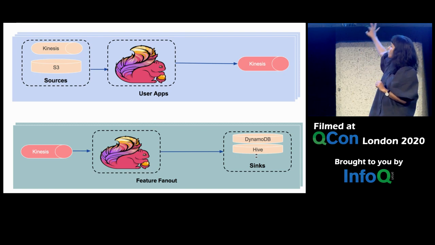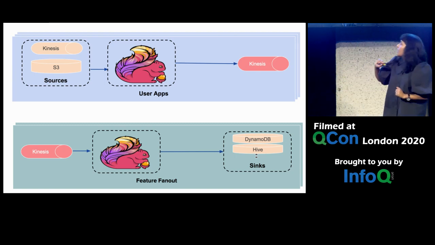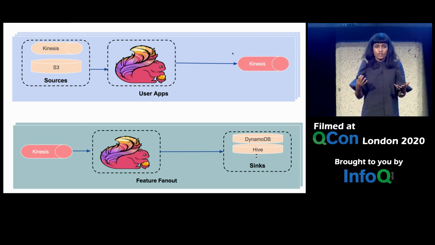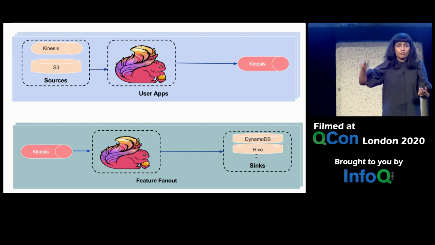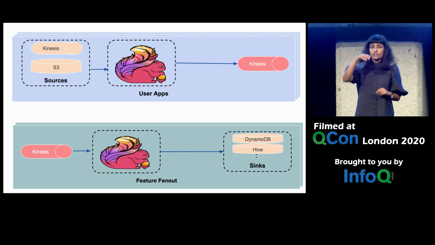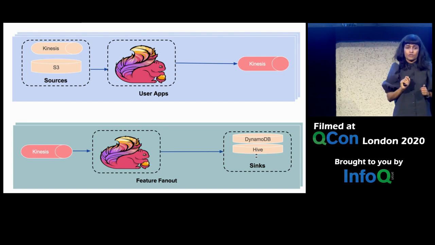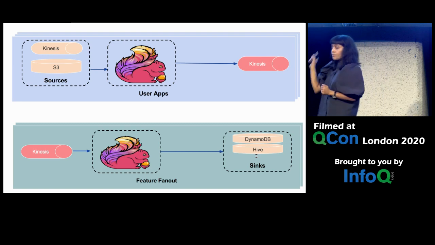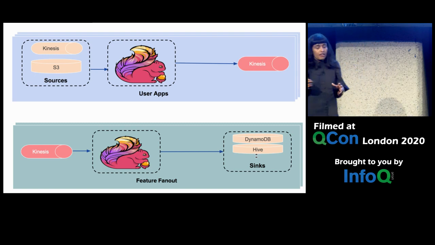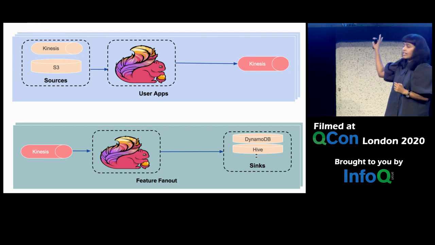And this is what a general ecosystem of our streaming service looks like. The blue box on top represents a user's application. So when the user gives us the declarative configuration and hits submit on the UI, the user application starts. It starts consuming data from the data sources, applies the logic, writes to a Kinesis stream. Then a separate feature fan-out job reads data from this Kinesis stream and materializes it to all the sinks where